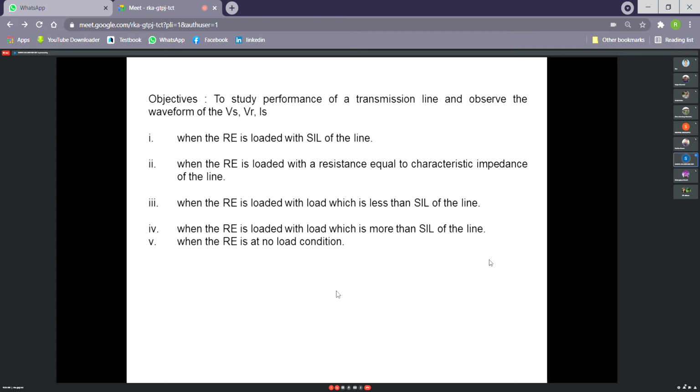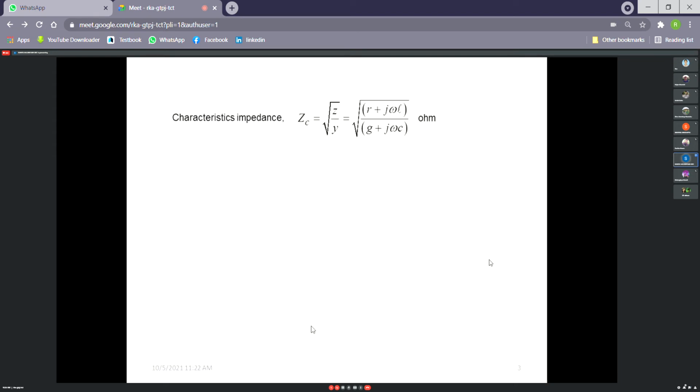So how can we calculate the characteristic impedance? You know, the characteristic impedance is the square root of Z by Y. If we simulate a lossless transmission line, as we are doing here, and we do not provide resistance, then it will be a lossless transmission line. In a practical case, we must consider a conductor in such a way that the resistance is negligible compared to XL or XC. Then ZC will be the square root of L by C ohm. So if we know the L and C of the line, we can calculate ZC and insert that amount of resistance at the receiving end.